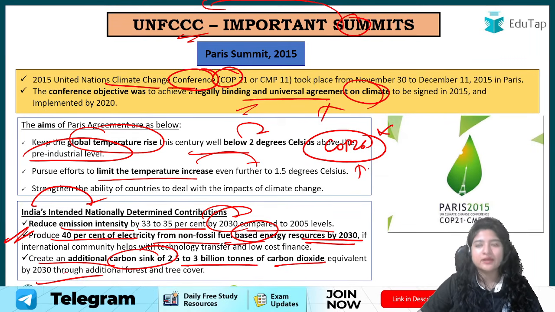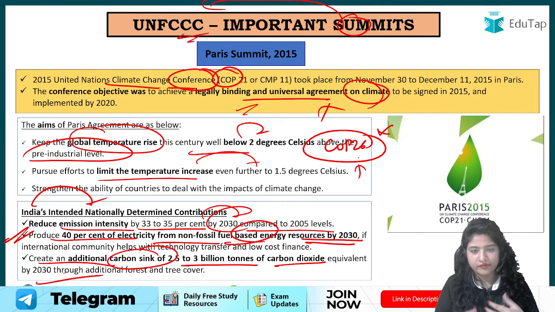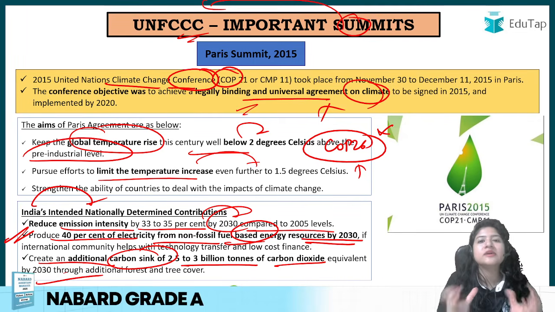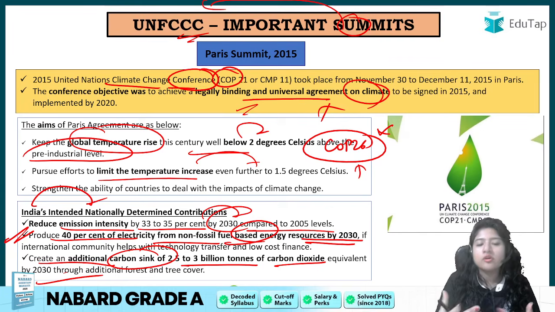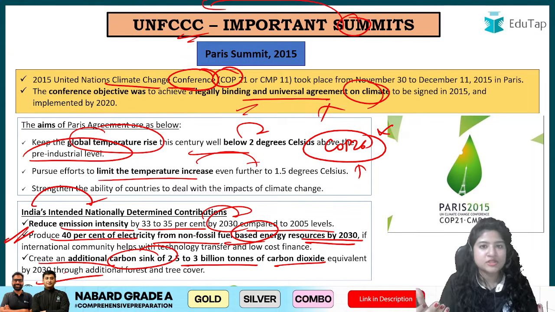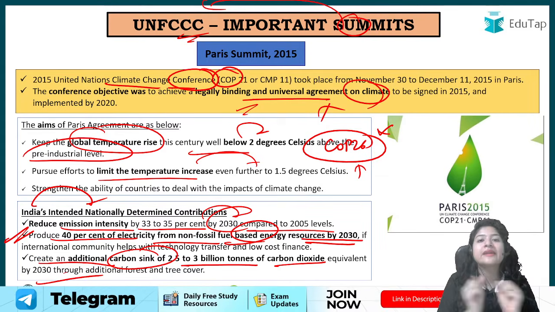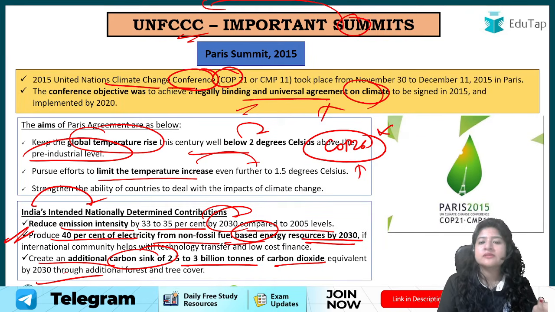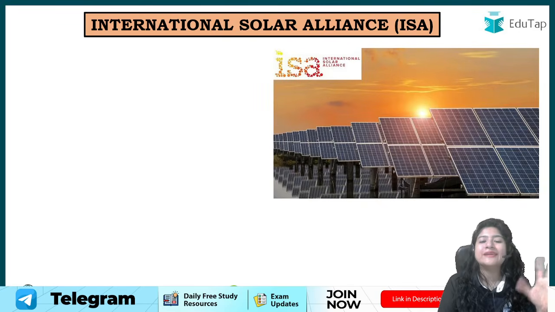What is a carbon sink? What is a sink? Like even at home, when you say keep your utensils in the sink, or wash your hands in the sink, right? So a sink is that bowl where something is being collected, right? So when we talk about a carbon sink, we are talking about such places where carbon can be trapped and stored, right? So how can carbon be stored? By afforestation. A lot of trees are there, they will absorb carbon dioxide, so they are collecting it, they are creating a sink. Okay, so that is the concept of a carbon sink basically. So these were some very important points of the Paris Summit meeting, that was related to global temperature rise.